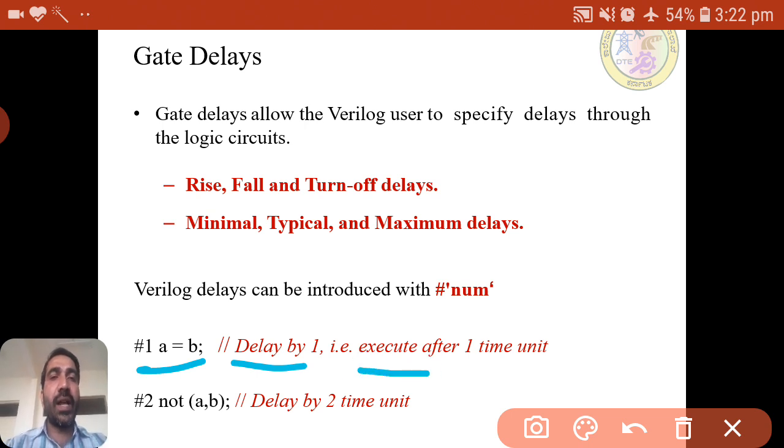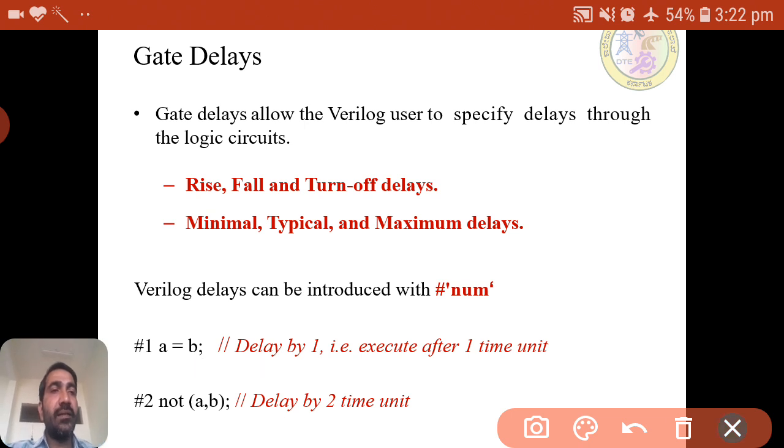Similarly, #2 not(a, b) means the execution will be delayed by 2 time units. The unit depends upon what we set in the tool. This is how we can represent the delay.